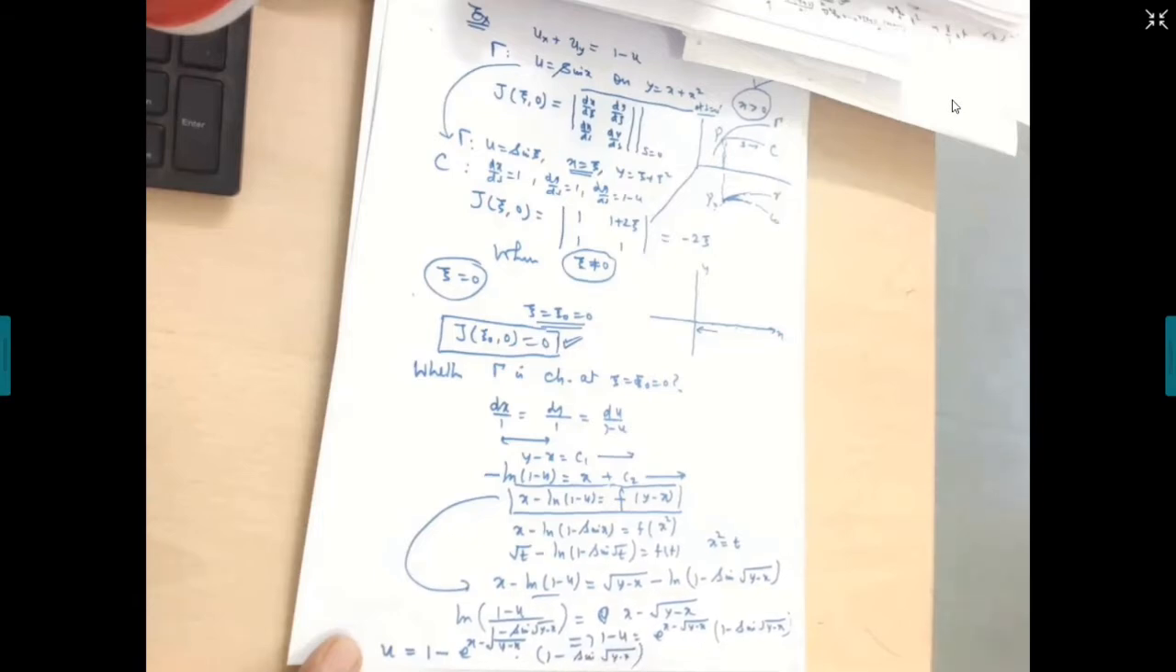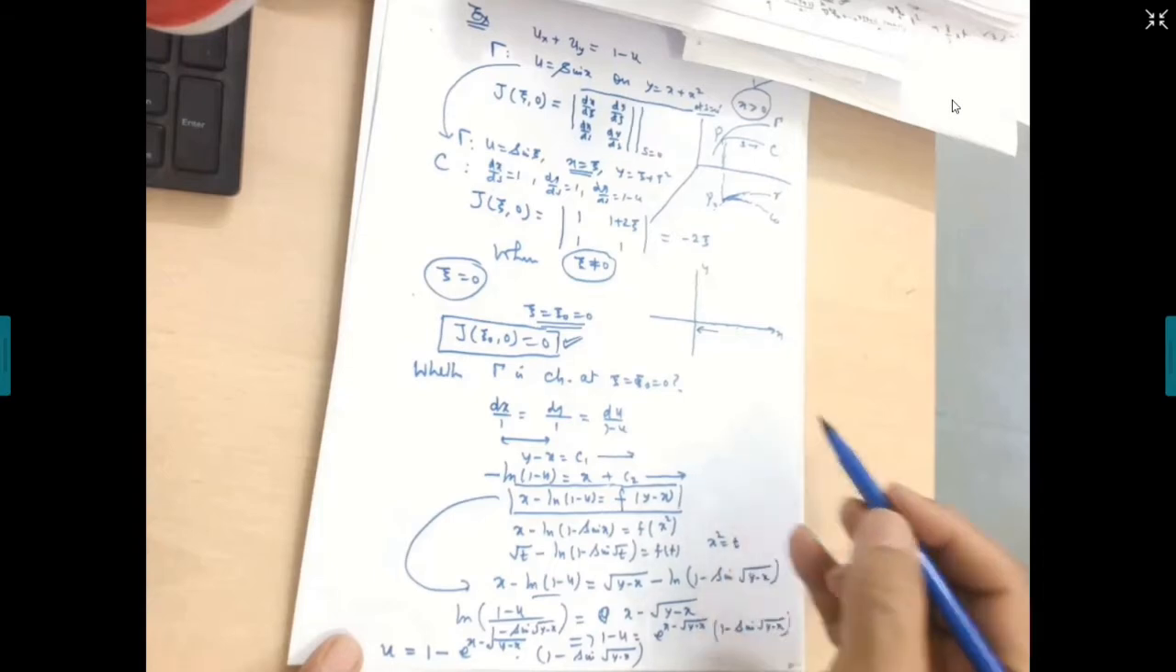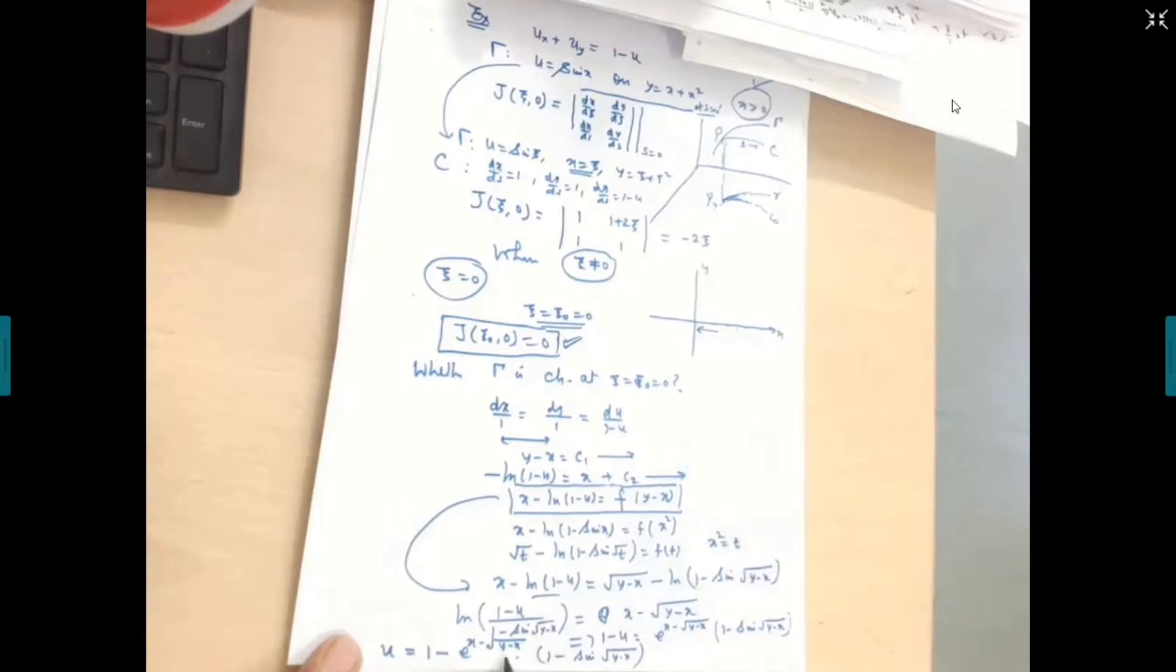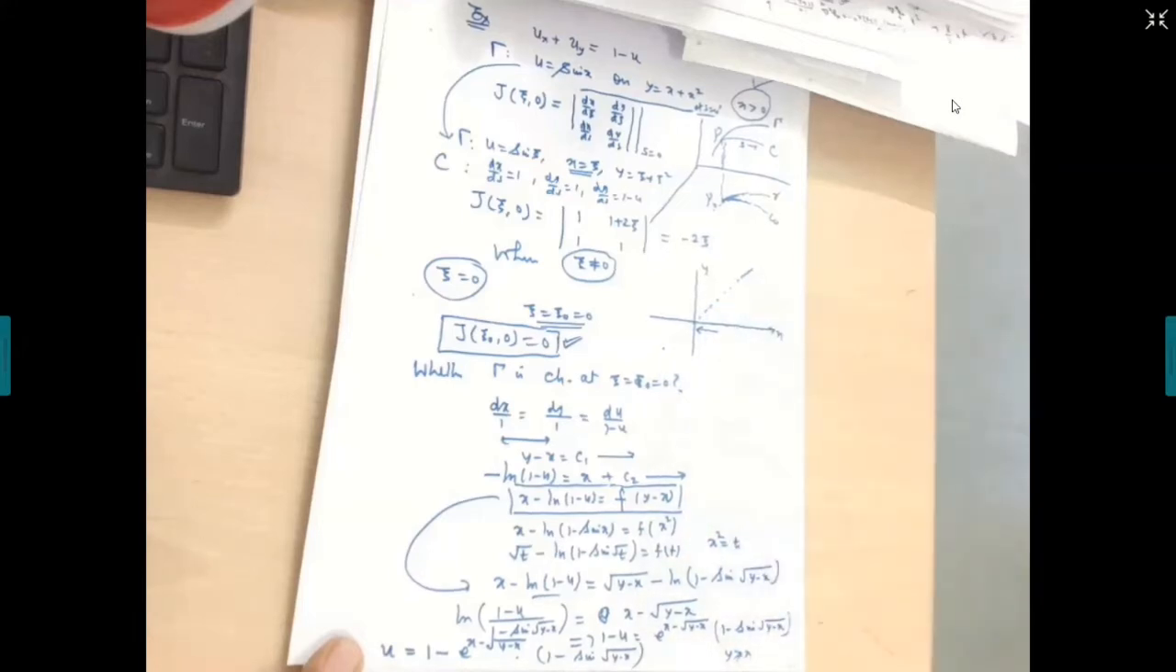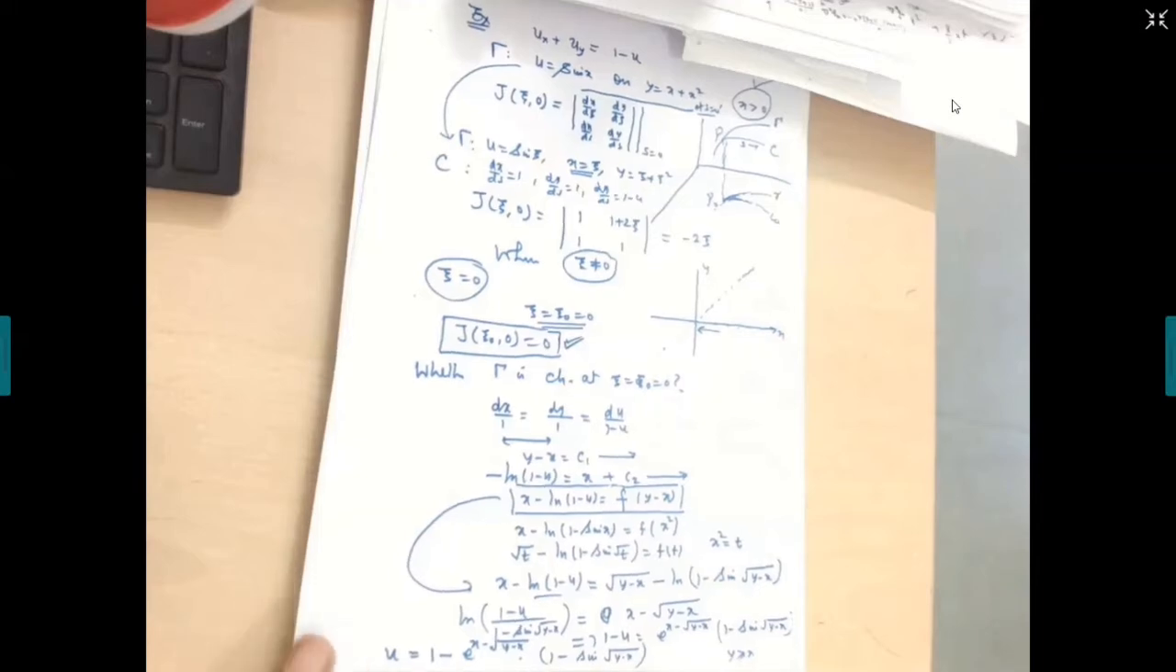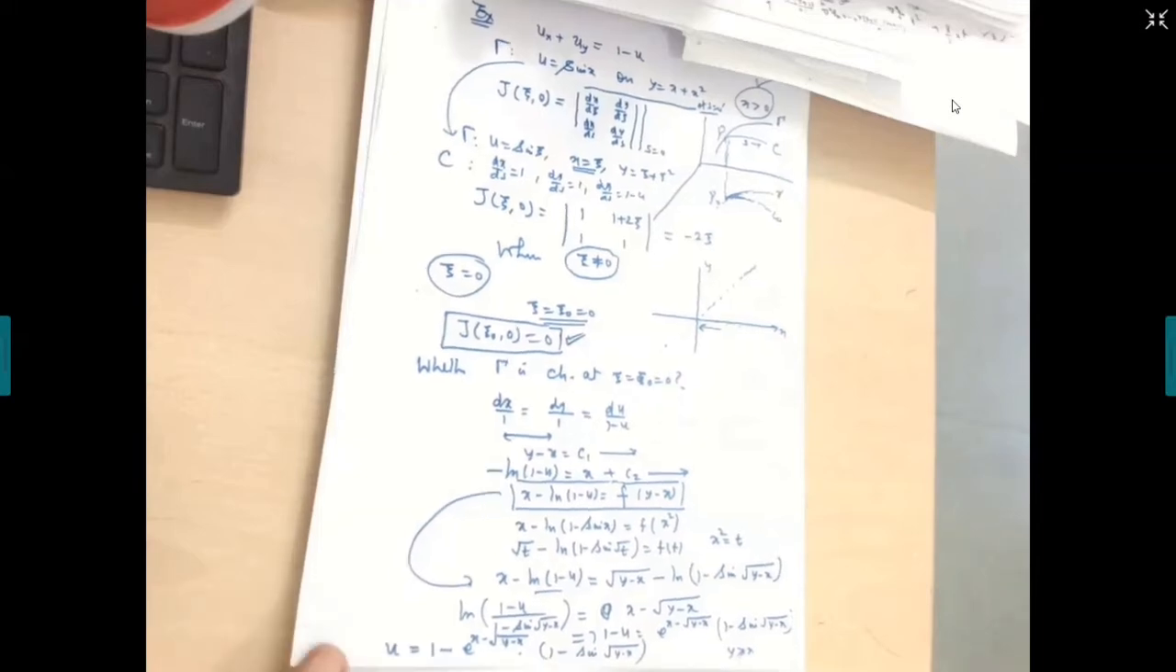So it is very clear that the solution exists for y greater than or equal to x. Y is greater than or equal to x. So y equal to x is this line, correct? Yes, sir. And if you look at the characteristics, you can find out that these characteristics are nothing but the